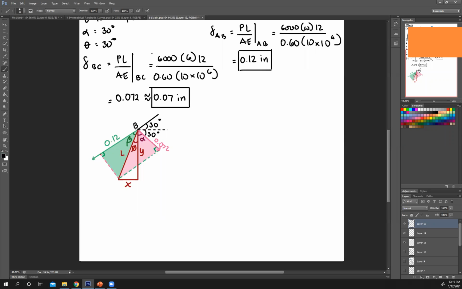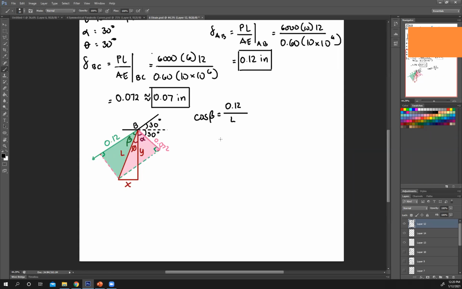So let's see. Using this right triangle, I can use trigonometric functions to create an equation relating L. This is a side that I know, this is an angle, and this is the hypotenuse. So let's use cosine. Cosine beta equals adjacent, which is this side, over hypotenuse, which is your L. So that's equation 1.